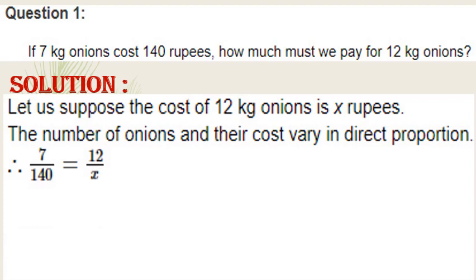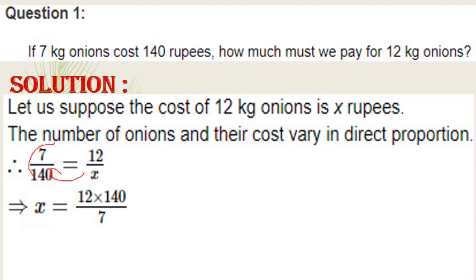So they both are directly proportionate, which means the division of these two quantities should be equal. So now let's cross multiply to find the value of X. X is equal to... X will shift on to the LHS, and 7 upon 140 will shift on to the RHS. So when this shifts on to the RHS, what is going to happen? It will reciprocate. So X shifts on to the LHS, and from division it becomes multiplication.